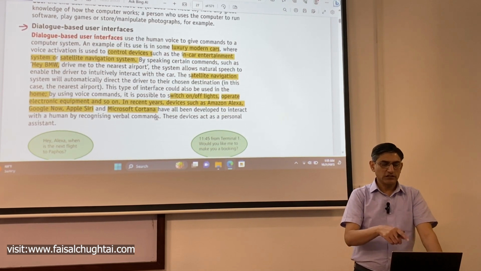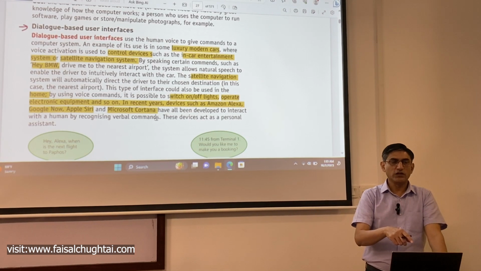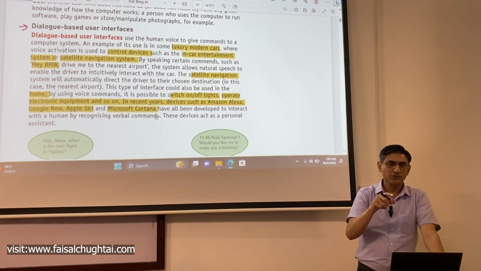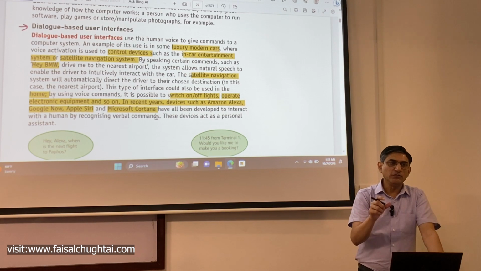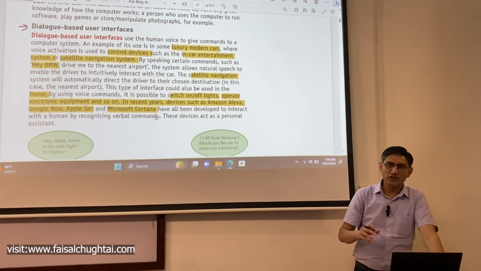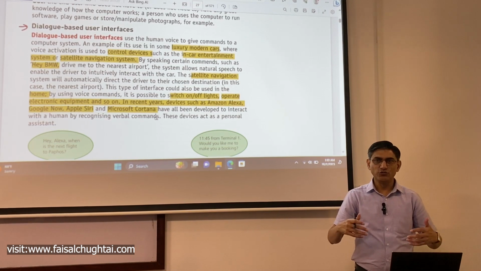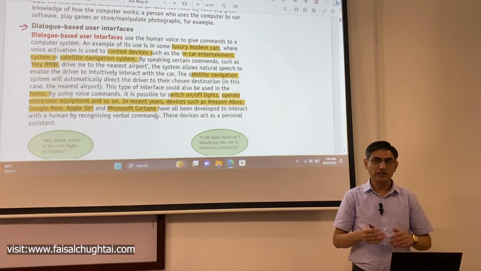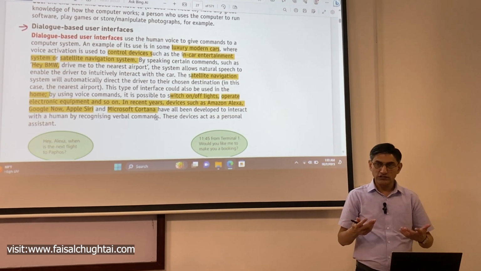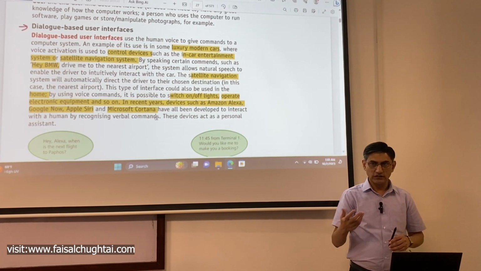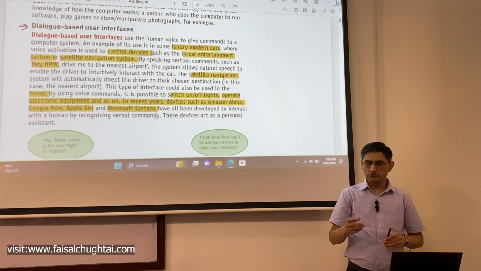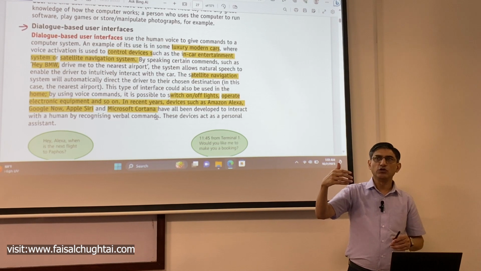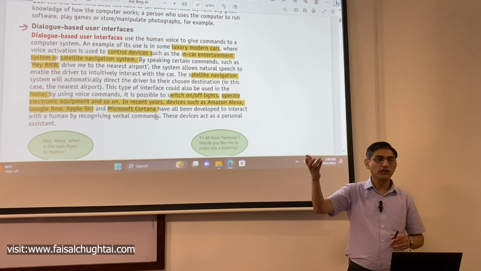Now, this is what makes, according to your point, one of the drawbacks that you were giving of dialogue-based interfaces, that such technology may make people become lazy. Because they do not actually have to really get up to do most things. They can just sit back, and through voice commands, using their dialogue with the machine, or just tapping a few things on a device, they can operate so many things, making things work or controlling them remotely,